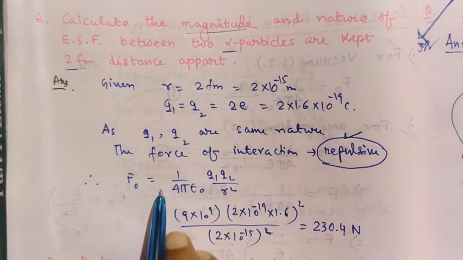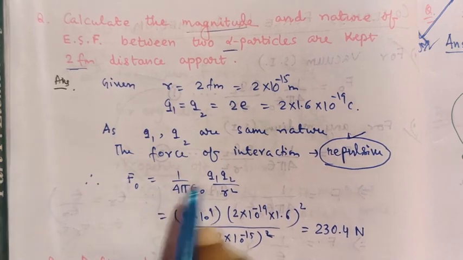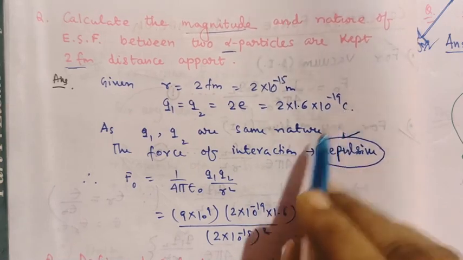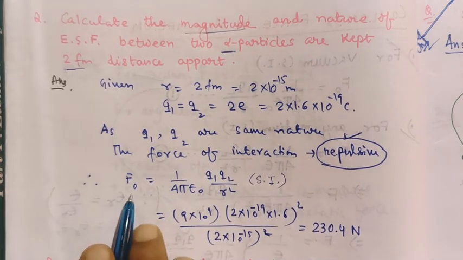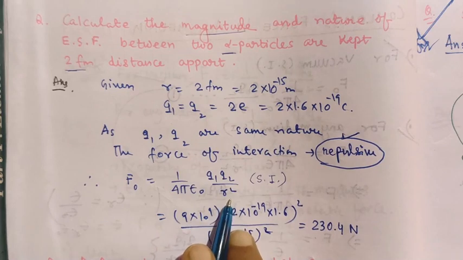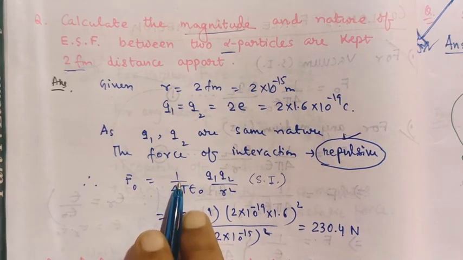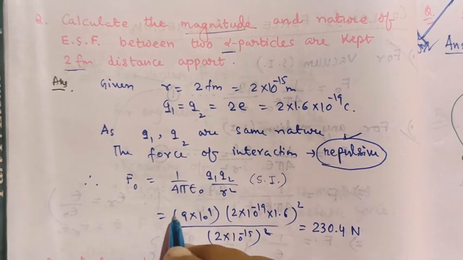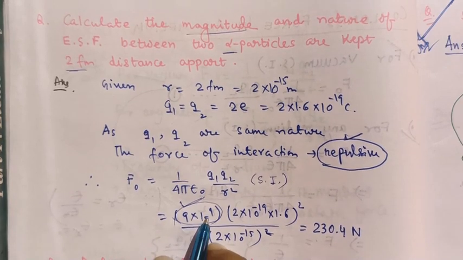So we have to remember Coulomb's force formula. Before writing the formula, first think whether you are doing the problem in SI unit or CGS unit. First see the data. This is meter and this is coulomb. That is SI unit. So we have to write the SI unit Coulomb's formula in vacuum, that is 1 by 4 pi epsilon 0, Q1 into Q2 by R square. And you put the value of 1 by 4 pi epsilon 0. Always remember, in the board exam it may not be given. That is important for you.